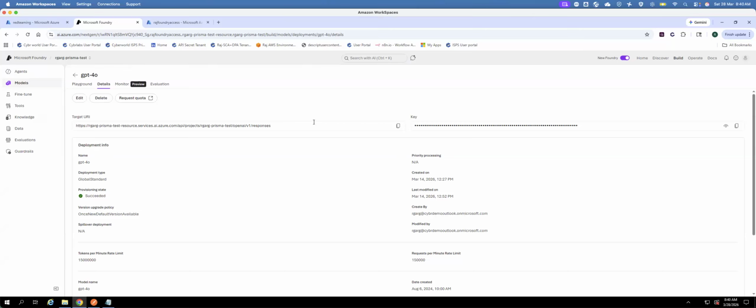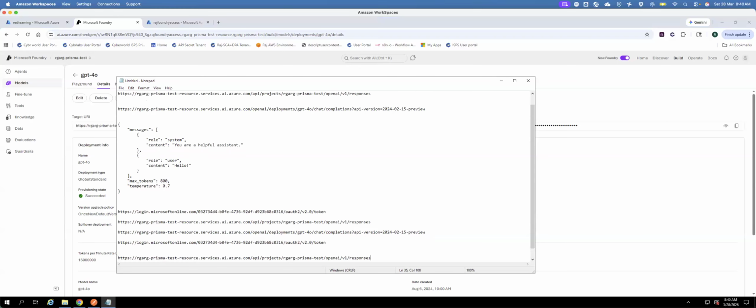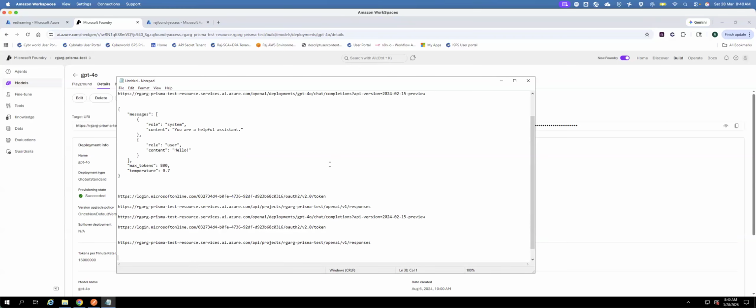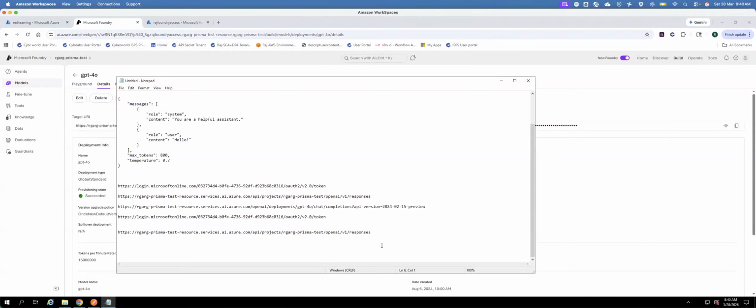Microsoft has recently changed things. If we look at this target URI, it doesn't correspond to this particular model at all. So I'll explain what you guys can do. You simply paste it here. So this will be your final URI, what you have to use to test